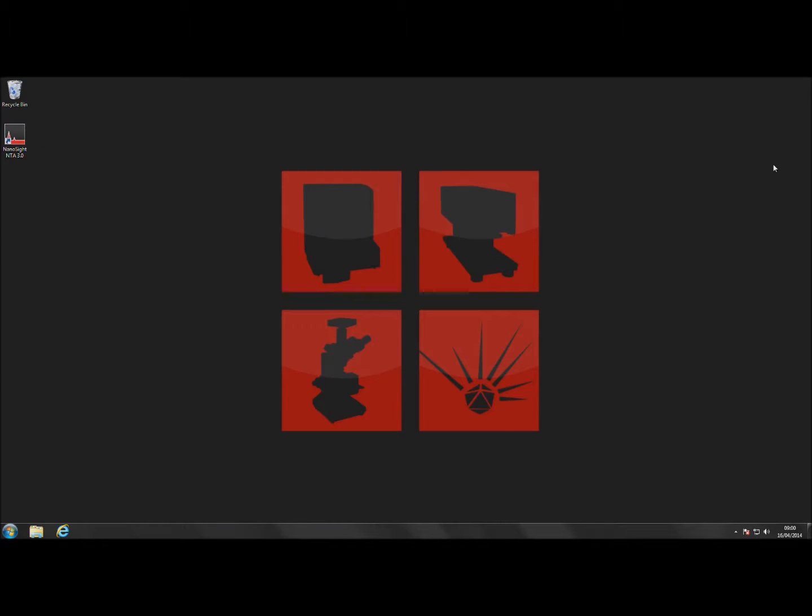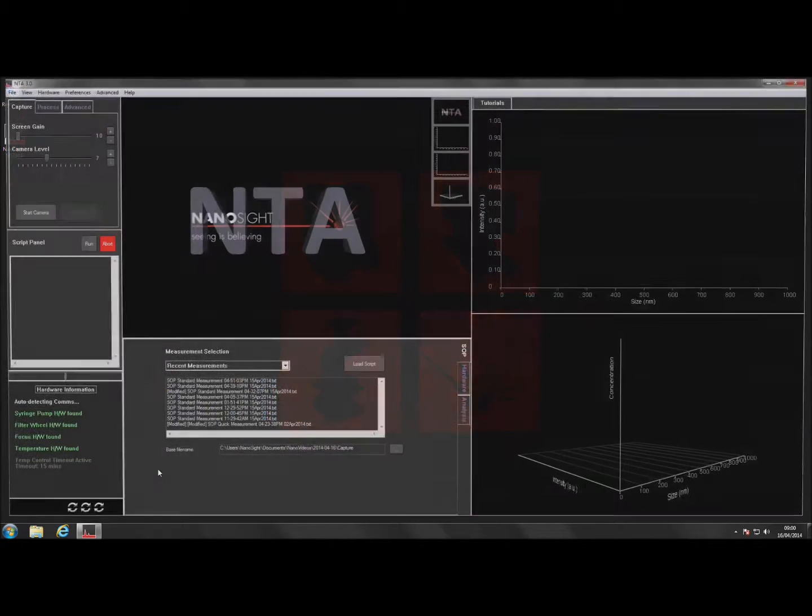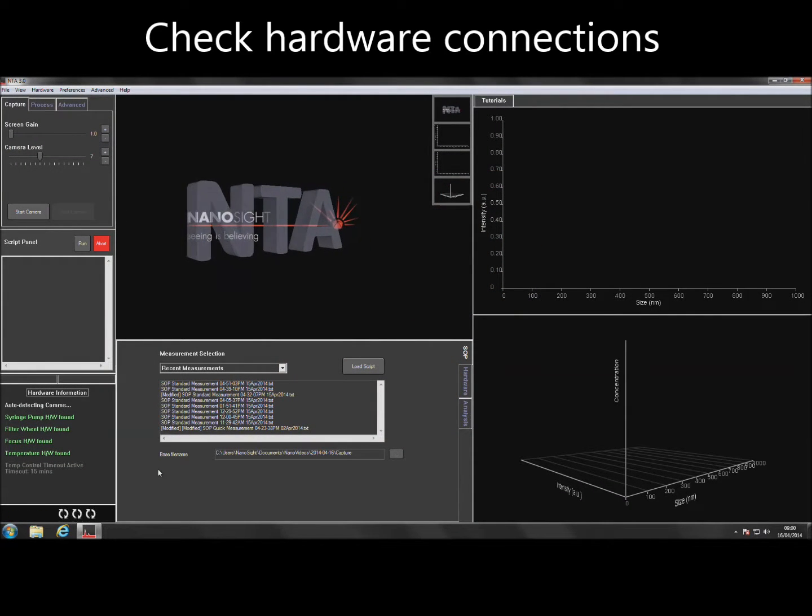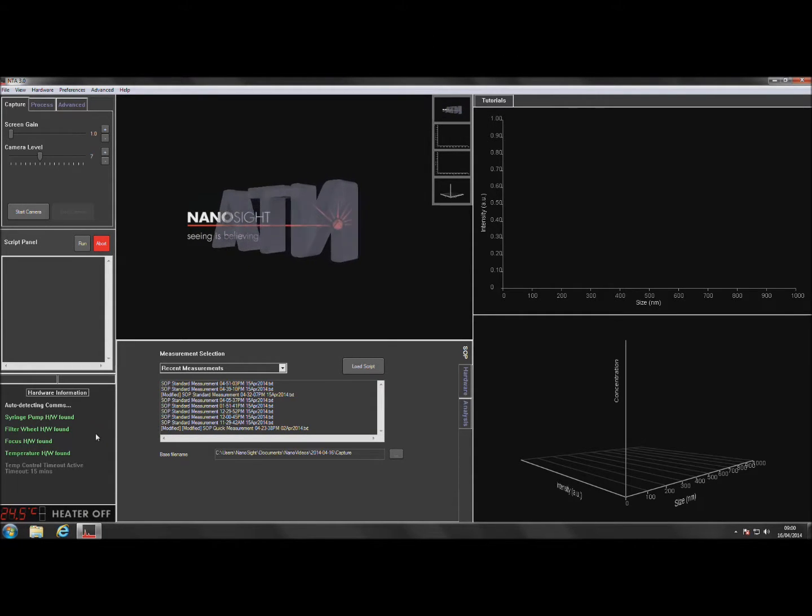To start the software, double-click on the NTA icon and the NTA home screen will appear. The software will automatically detect any hardware that is connected to the instrument, and the connection status will be shown at the bottom left-hand side of the home screen. If the required hardware is shown as not found, check all cable connections and verify that the instrument is powered